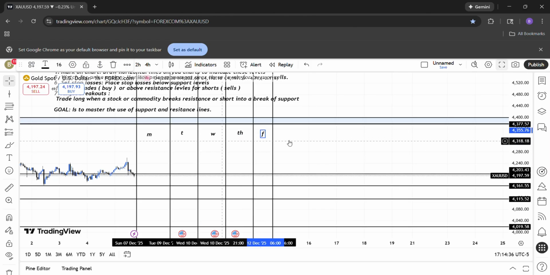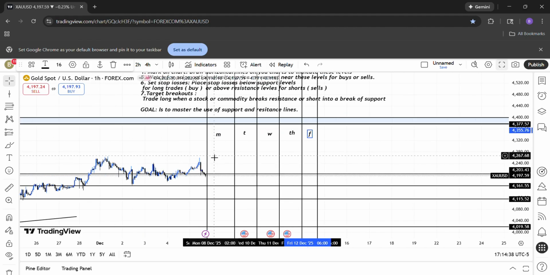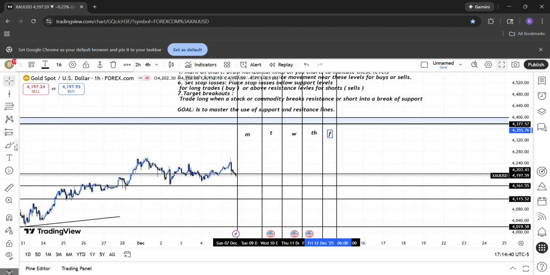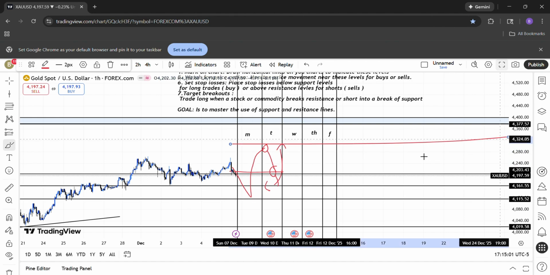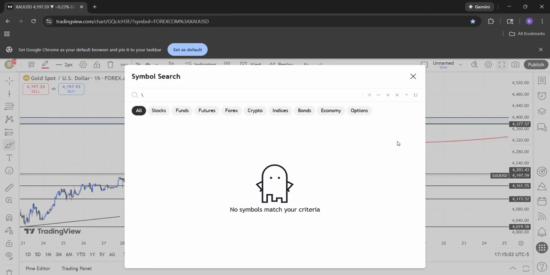Right? You may ask me why I do this? Because this helps me. Let's say, for example, the market goes down, goes up, and going into Tuesday it makes a higher high, and then Tuesday it retests to this level, and then Wednesday, what do we want to do? We either want to break this right here, or break to the upside, right? So what I do is I use these days,